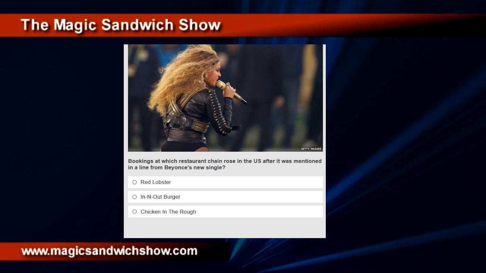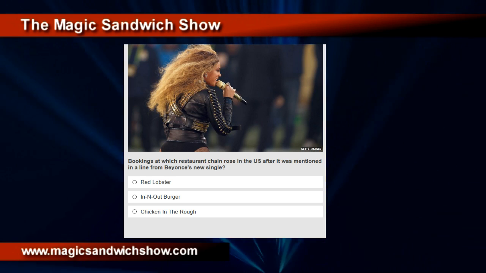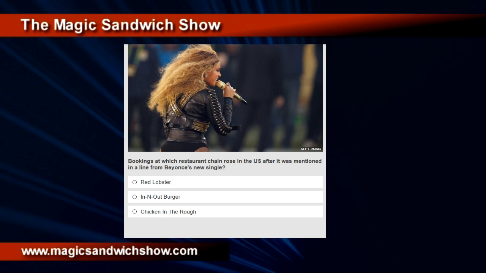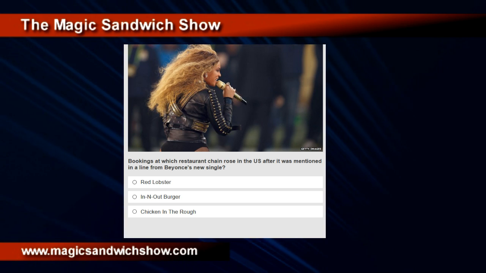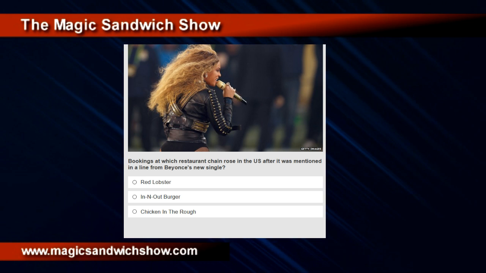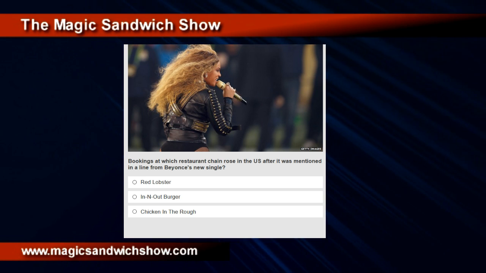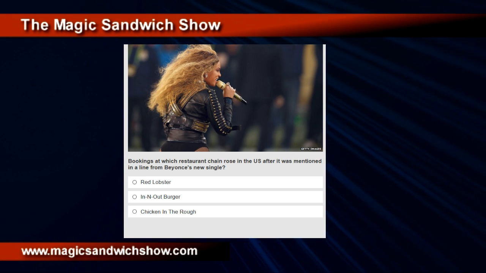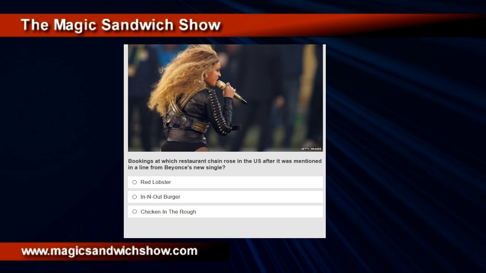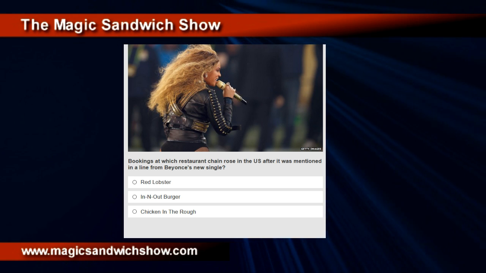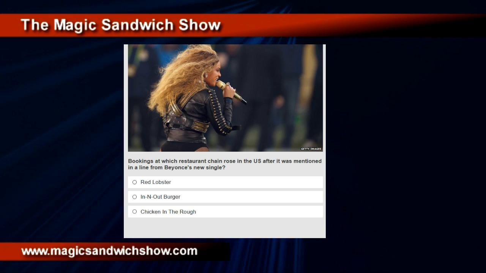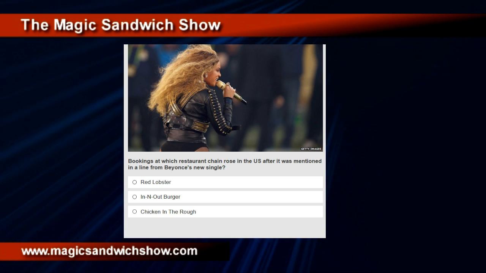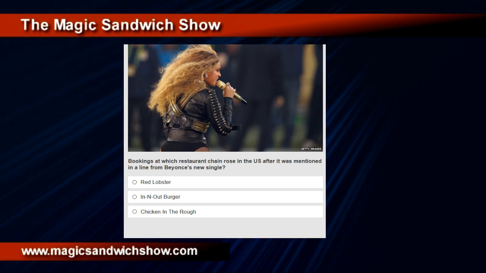I would say Red Lobster. I was going to go for Red Lobster as well. Yeah. But I don't even know if In-N-Out Burger exists. But just so we don't score the same points, I'm going to go for In-N-Out Burger. Because I can see that being, I don't know, it could be anything. What do people think? The phrase In-N-Out Burger has sort of a lyrical quality to it. Something almost rhythmic about going to In-N-Out Burger.